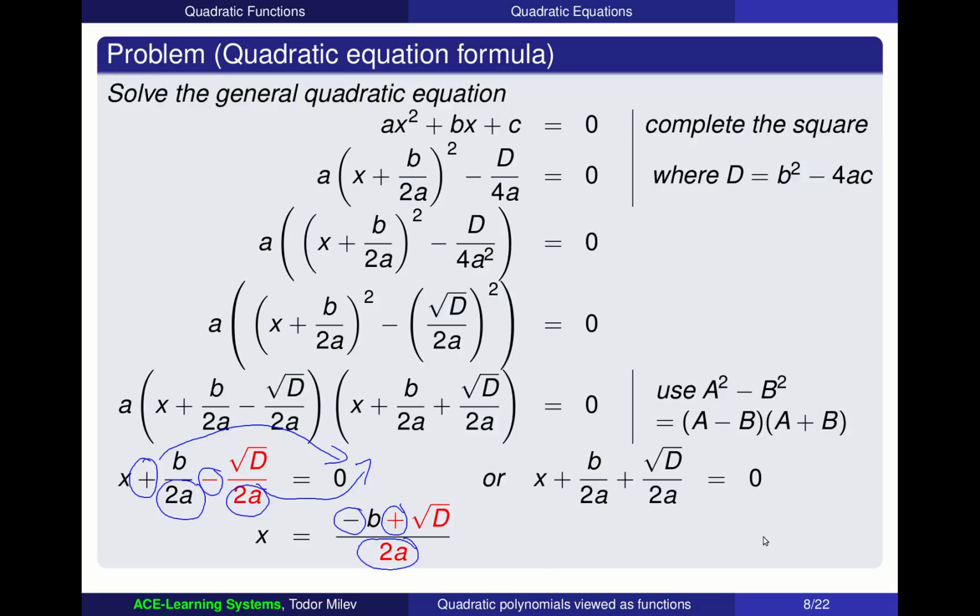So I have put the terms under the common denominator, and there we go. I have solved for x. So x is minus b plus radical of d over 2a. That's my first option. And my second option,